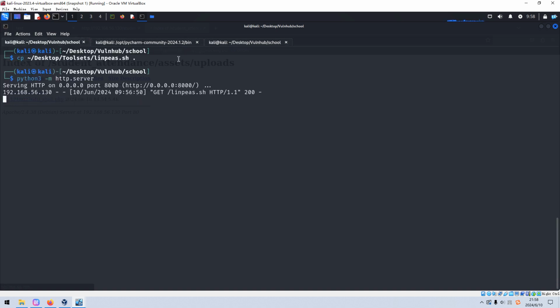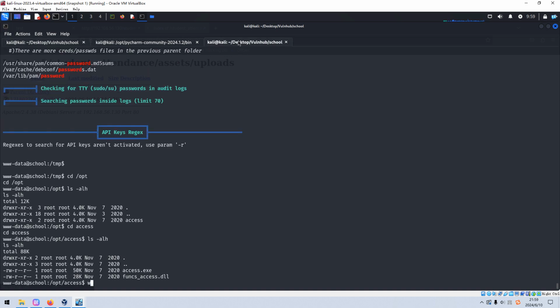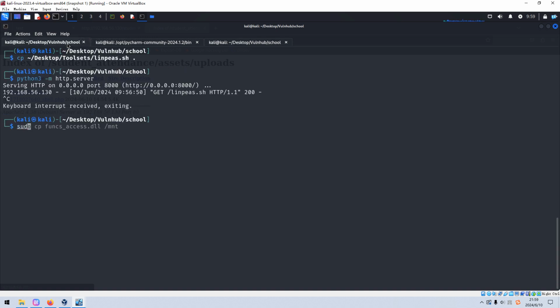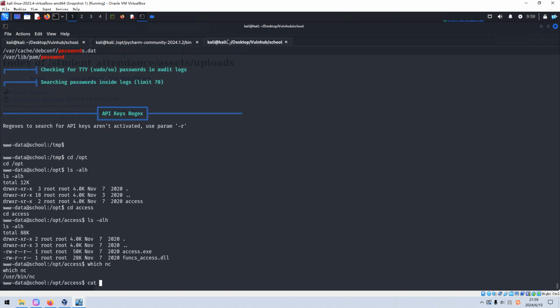So how to? Maybe I can close up this web server, and because netcat is there, we can use sudo netcat, and when it receives the data, we can save it into this file. Then we can go back. We can cat access and pipe to netcat.